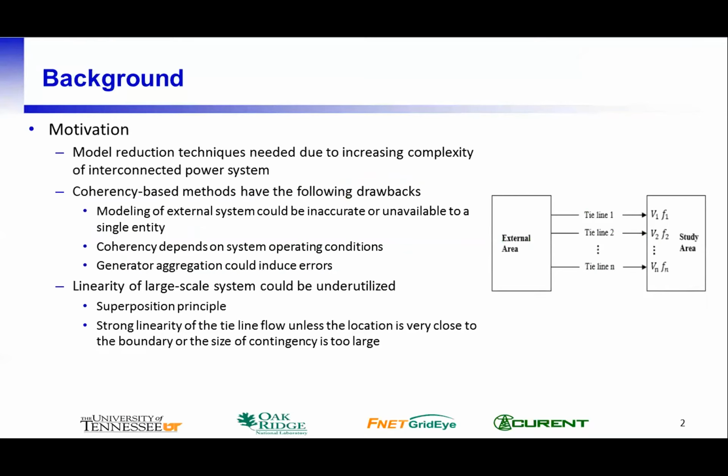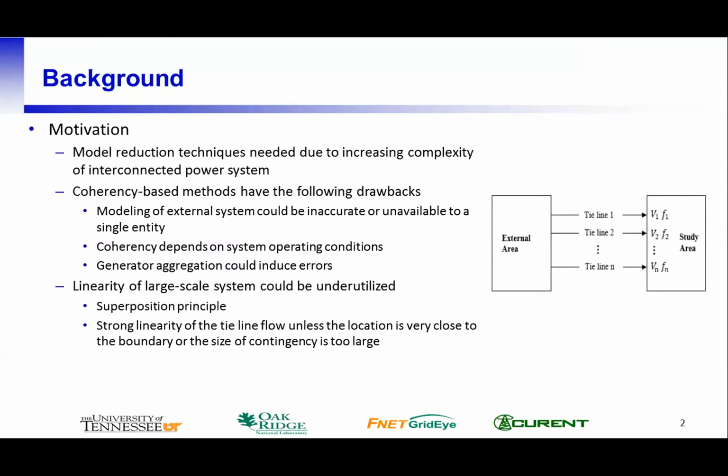Power system dynamic simulation plays a vital role in online transient stability assessment. However, with the evolution of modern power systems, the dynamic model of interconnected power systems has increased in both size and complexity. So for online stability assessment and predictive control, an alternative to simulating the interconnected power system in detail